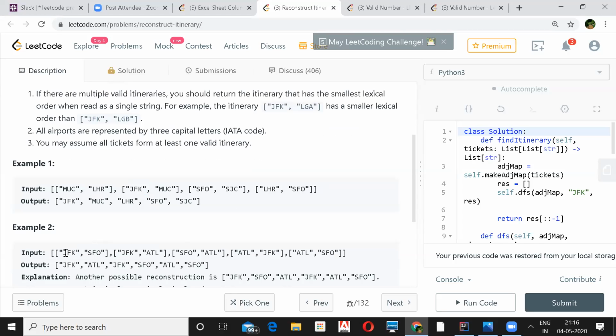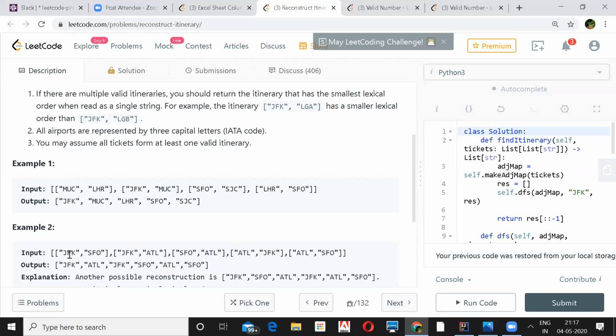So first it inserts JFK, then ATL, because its lexical order is less compared to SFO. Now it will go to ATL, which starts from here and ends at JFK.